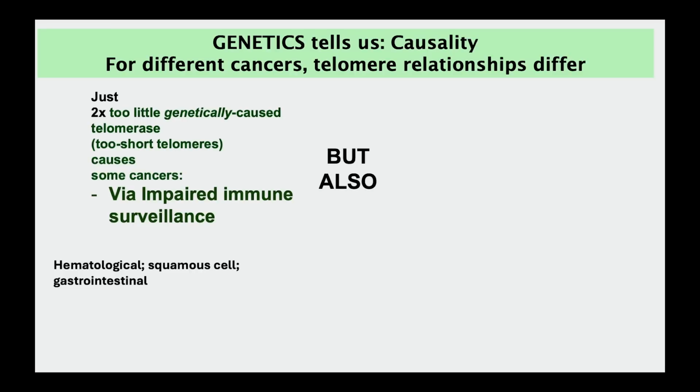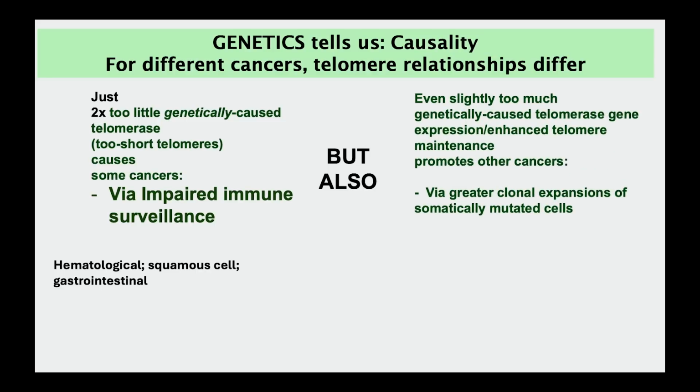So shorter telomeres are really bad, but for that very interesting reason. But also, if you have even just a little bit too much, say, telomerase expression or slightly more active production of some of those telomere proteins, making telomeres a little bit longer, some of the variant proteins, you get another set of risks for cancers. And these relate almost certainly to the ability of the cells with longer telomeres to have a longer runway to accumulate cancer-causing mutations. And this is a whole variety of different kinds of cancers. So there's a real trade-off in terms of cancers.